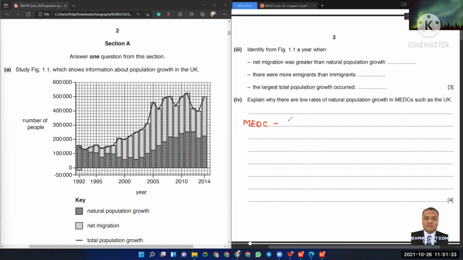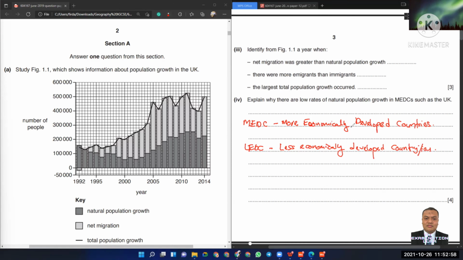MEDC stands for a more economically developed countries. This is what we call as the MEDCs. And then you also have the LEDC. LEDC means that the less economically developed countries. So as you know, for the MEDCs, okay, for the MEDCs or the more economically developed countries, you